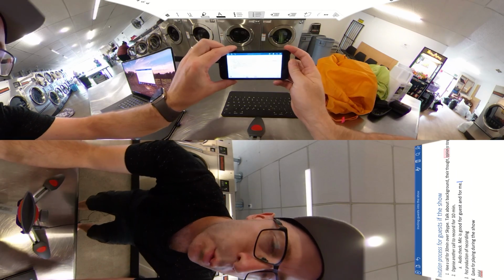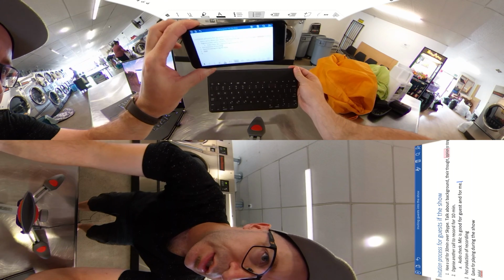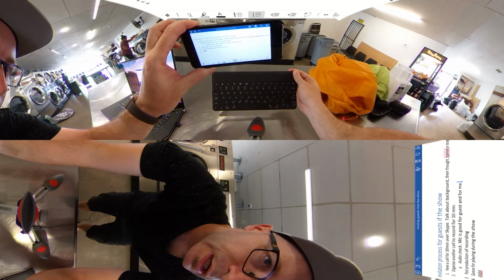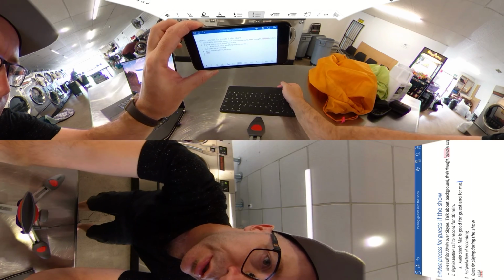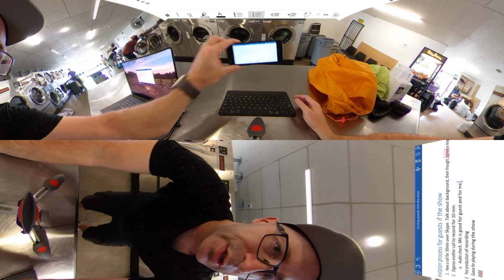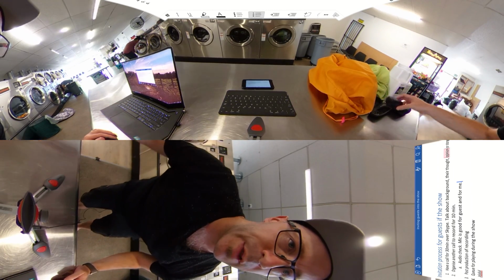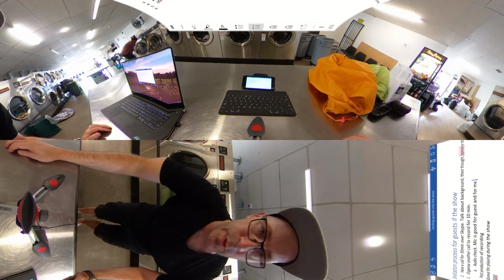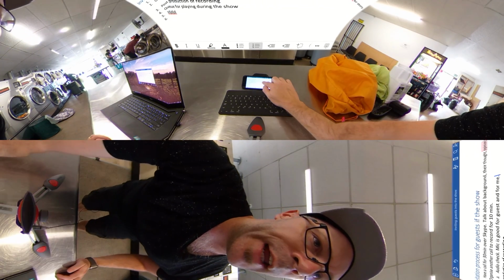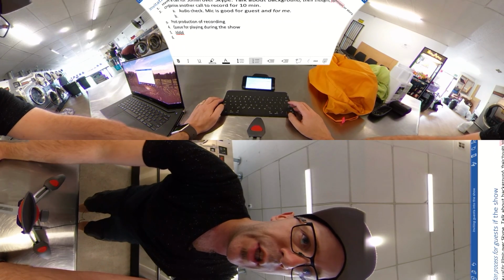As I'm typing and working on it, I can continue to have a good clear view of that text. Now one thing that you might look at doing is getting a keyboard that has something to prop up your phone. What I do find is if I'm going into a cafe or trying to do some work using this keyboard, sure, it's okay to leave it flat on the desk, but sometimes I want to be able to prop it up and have more of an experience like I do with a laptop. So now I can see things a bit better. I've got that touch capability, audio check, mic is good,